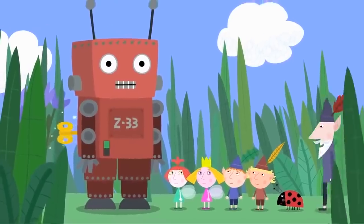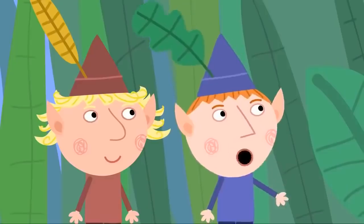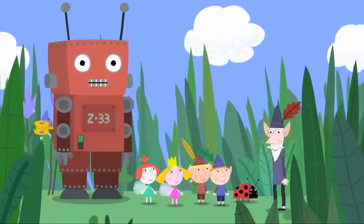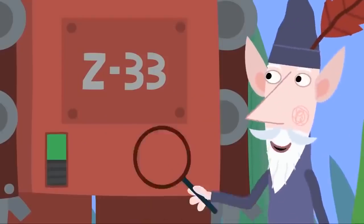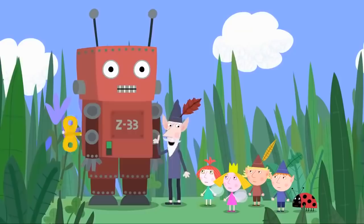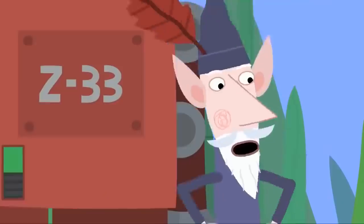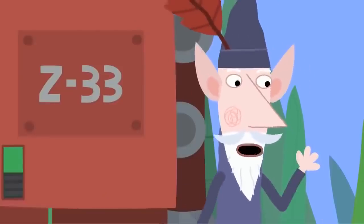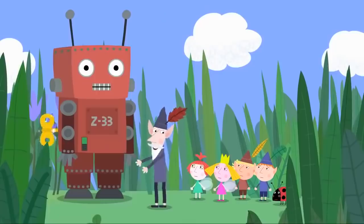Hello, boys and girls. Hello, wise old elf. What do you have there? We found a toy robot. It was broken, so we mended it. Well done. Ah, yes. This is the old Mark Z33 built by the Elf factory. It was a rather basic model. Please don't get it angry. I beg your pardon, Ben Elf. You talk as if it can understand. Well, it does seem to. It's just a toy robot, only capable of going,